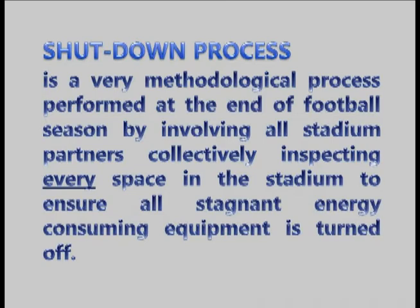I told you when I came here, I inherited this building. I was a construction guy. I had no idea what I was getting into. But walking the building the first couple of days, I noticed everything was on. It was just on. And I think the main reason everything was just on, in theory,